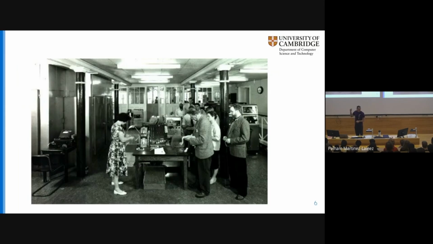Because all of these people were able to access this compute power, even though it was slow by our standards, and probably by their standards, if I'm honest. They were able to do things no one else in the world can do. Now, when you look back at all the Nobel Prizes that have been given to science in Cambridge, at least in this period, you realize many of them were absolutely pivoting on the fact that they had this ability to do computation that no one else in the world could do.